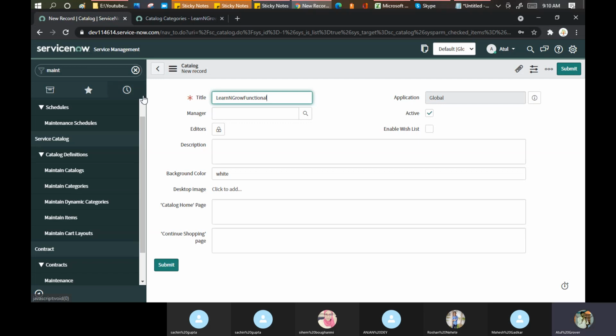Now, who is the manager? Manager means who is the person, in case tomorrow someone wants to make any change in this particular catalog, who can be the authorized one from whom we can take approval. So I can mention my name here. Let's put any other name, okay, let's put asset manager, who can do the editing in this catalog. As of now these are non-mandatory, so you can skip them as well. But it means that if you want to make any changes in the categories, these are the people you should reach out to.